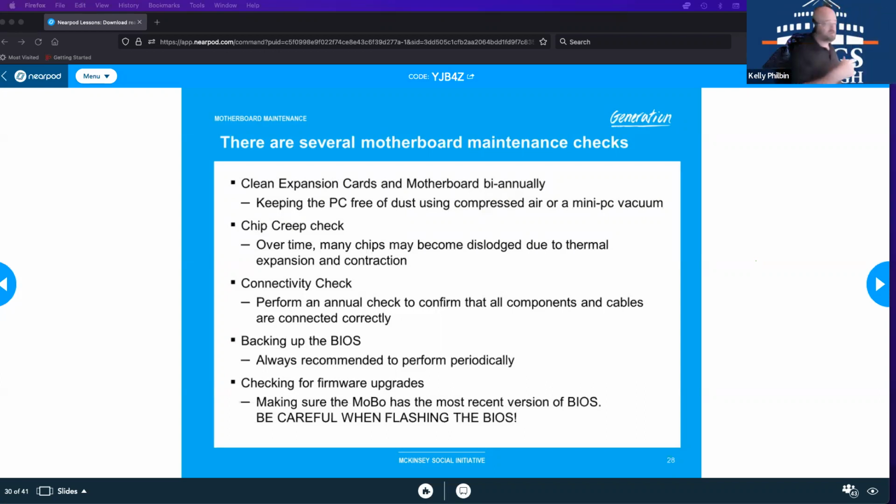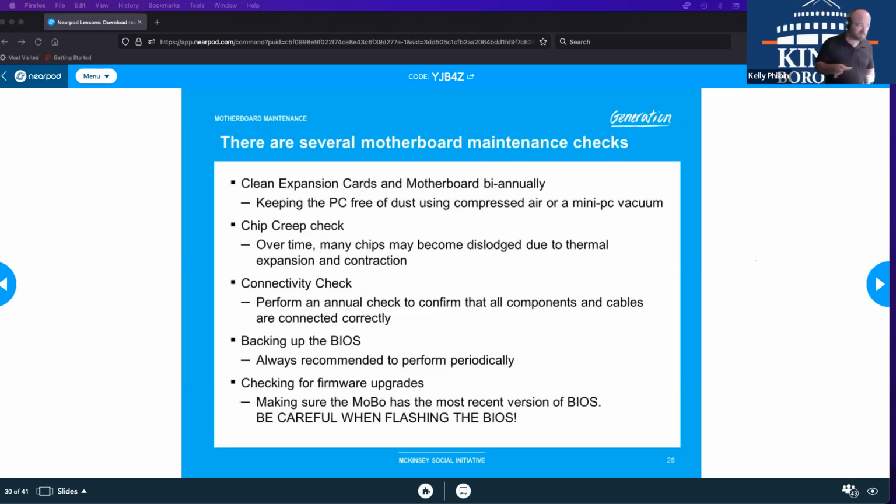Also, one thing you can do, back up your BIOS, especially if you change a lot of settings in a corporate or enterprise environment. Make sure all your settings are backed up and perform this periodically. For security reasons, on a relatively regular basis, though usually not very frequently, you want to check if there are firmware upgrades for your BIOS to make sure your BIOS is fully up to date, has its full capabilities, and full security